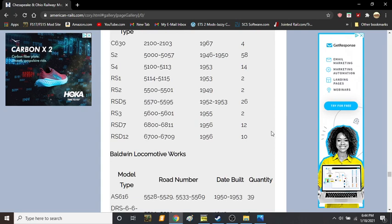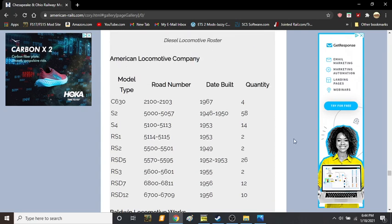So the C&O rostered quite an interesting roster. They rostered 4 Alco C630s, all of which were built in 1967. They rostered 58 Alco S2s built from 1946 to 1950. They rostered 14 Alco S4s, which were built in 1953, 2 RS1s, 1953, 2 RS2s, 1949, which was the earlier version of the RS1,